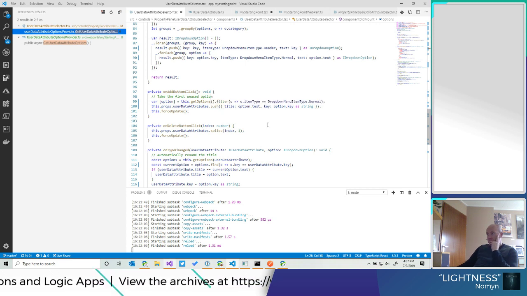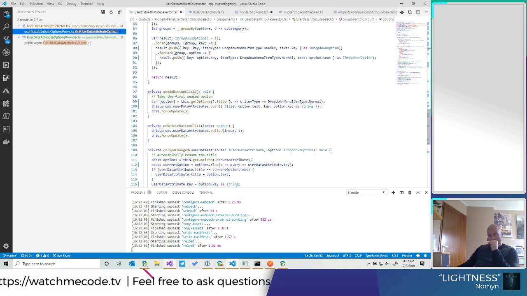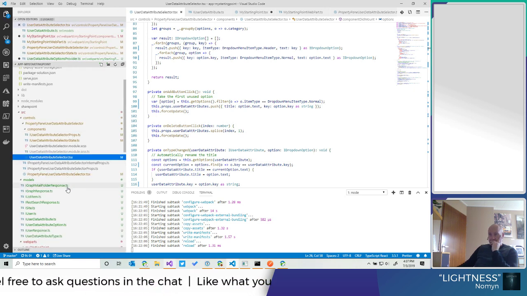Right. So with the default of title, the key, maybe we can add the category. It would be the easiest way to do this. Maybe. Let's do that.